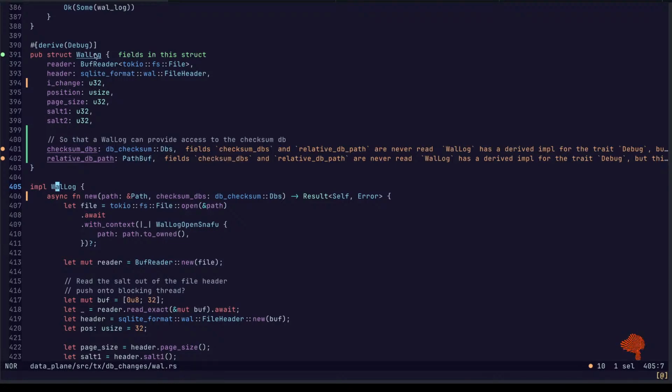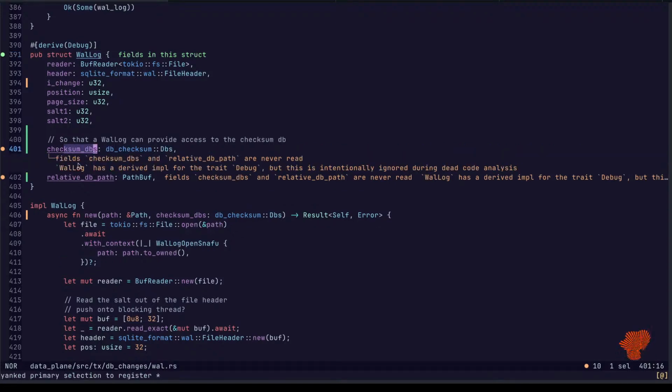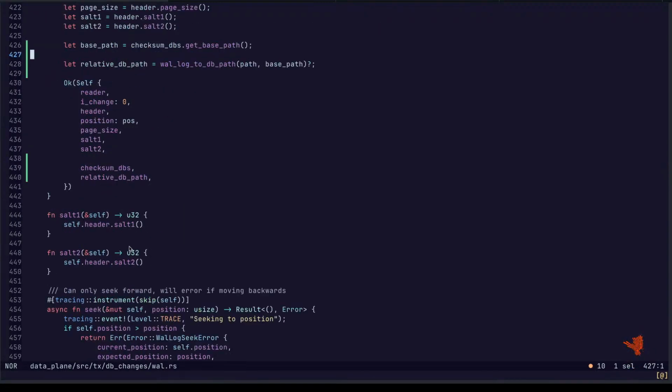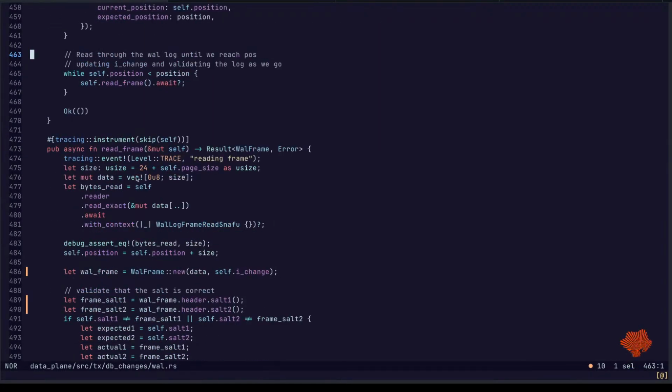What I really, really want is for this to produce something that borrows from these, and this to produce wall frames quickly and efficiently.